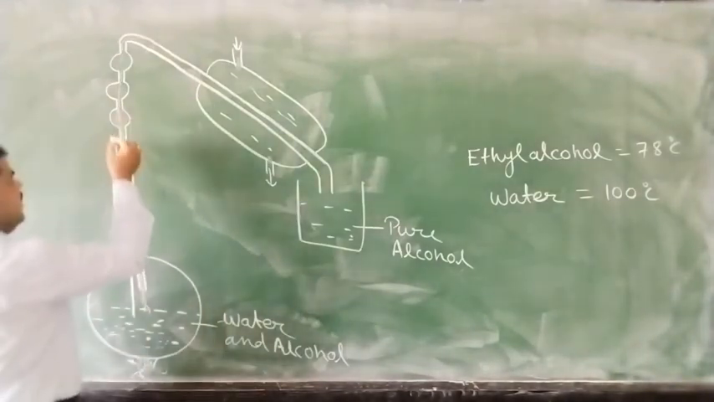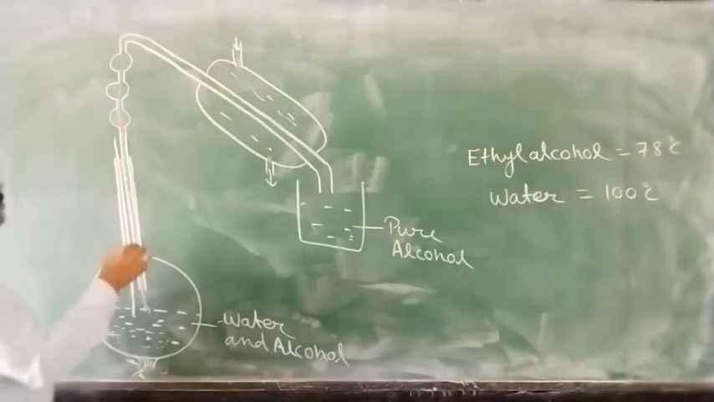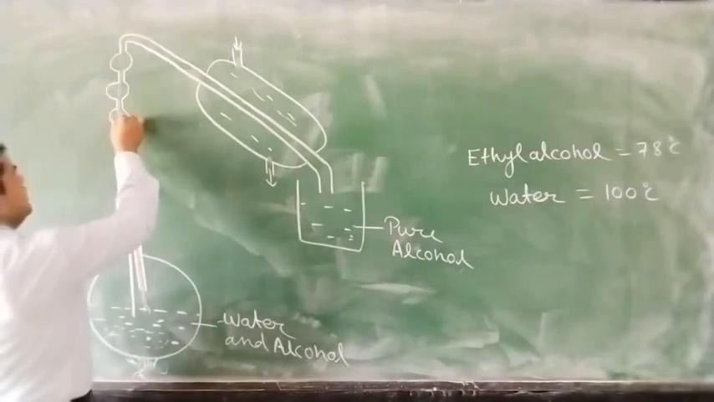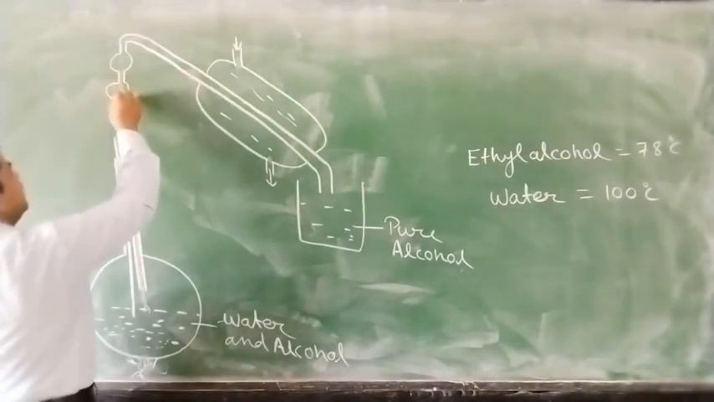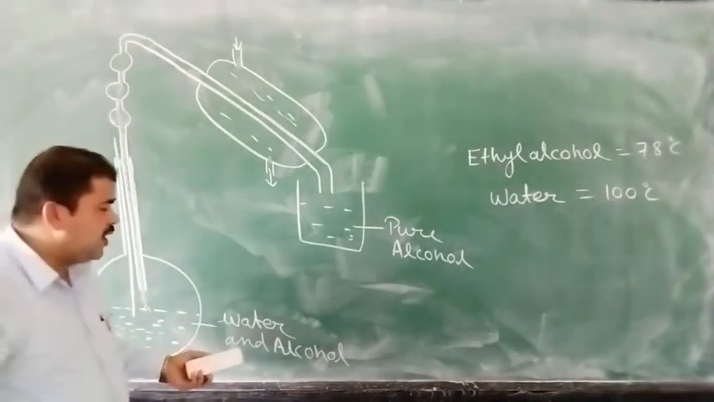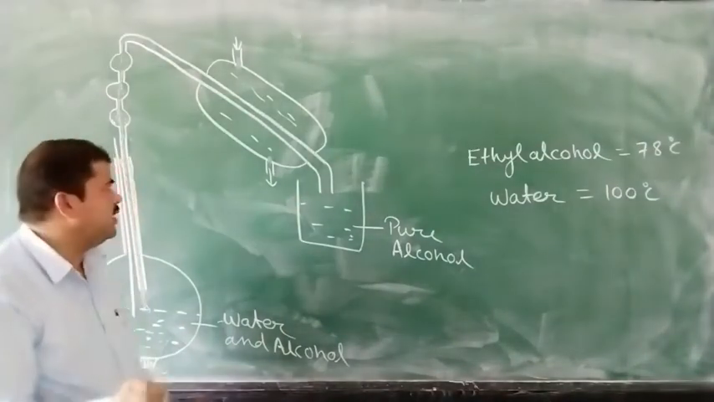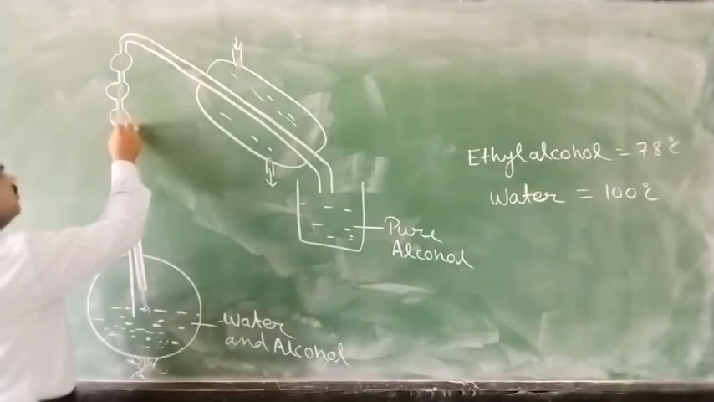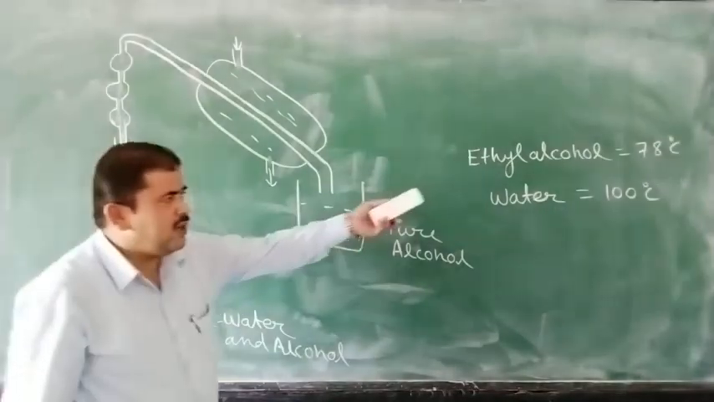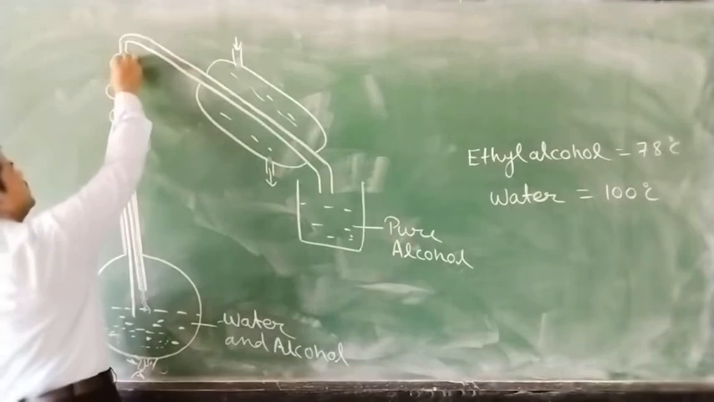So if any impurities are present in the vapor of the alcohol, these impurities will settle here. Also, it is possible that when there is more alcohol, a little bit of water molecules, very small in amount, are also associated with it. These water molecules will settle down because the boiling point of water, we know, is 100 degrees Celsius. So only the alcohol molecules will pass from this